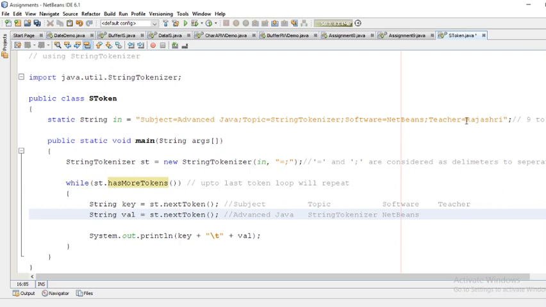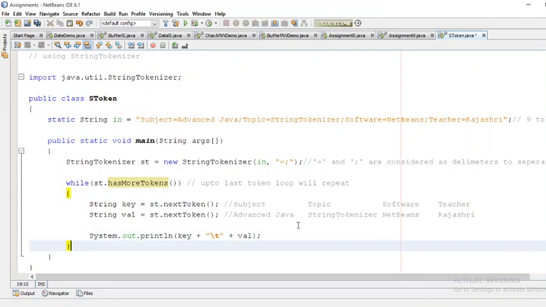Further, after the equal to sign, up to the end of the string, whatever it is is considered as the next token. So that is the teacher Rajasri key and value pair. So these are the separated tokens. Total 8 tokens we were having, and these are separated out by using delimiters equal to and semicolon.